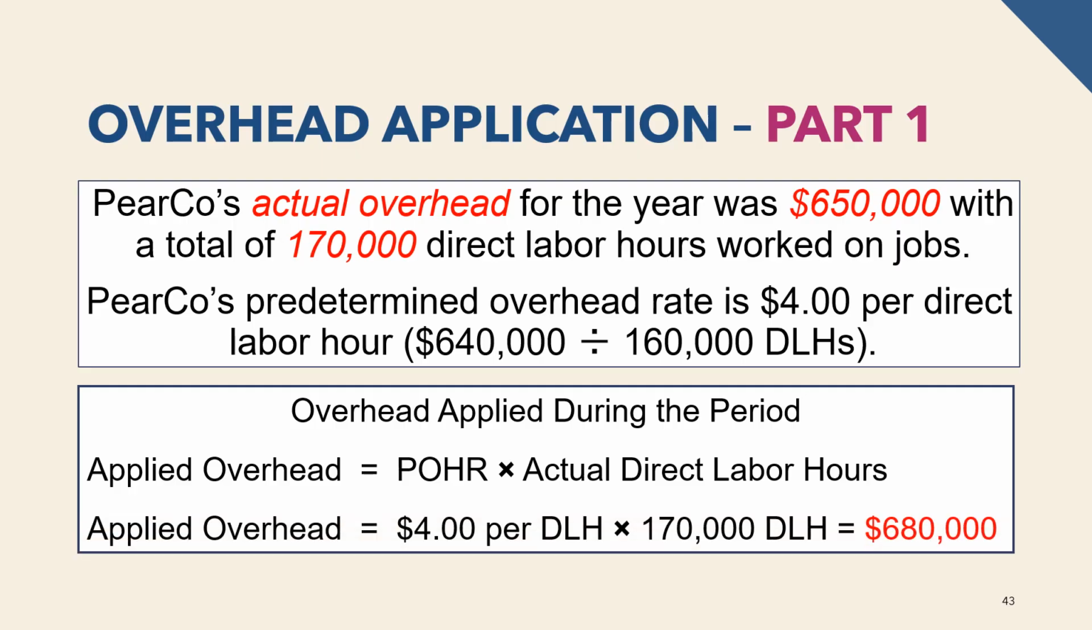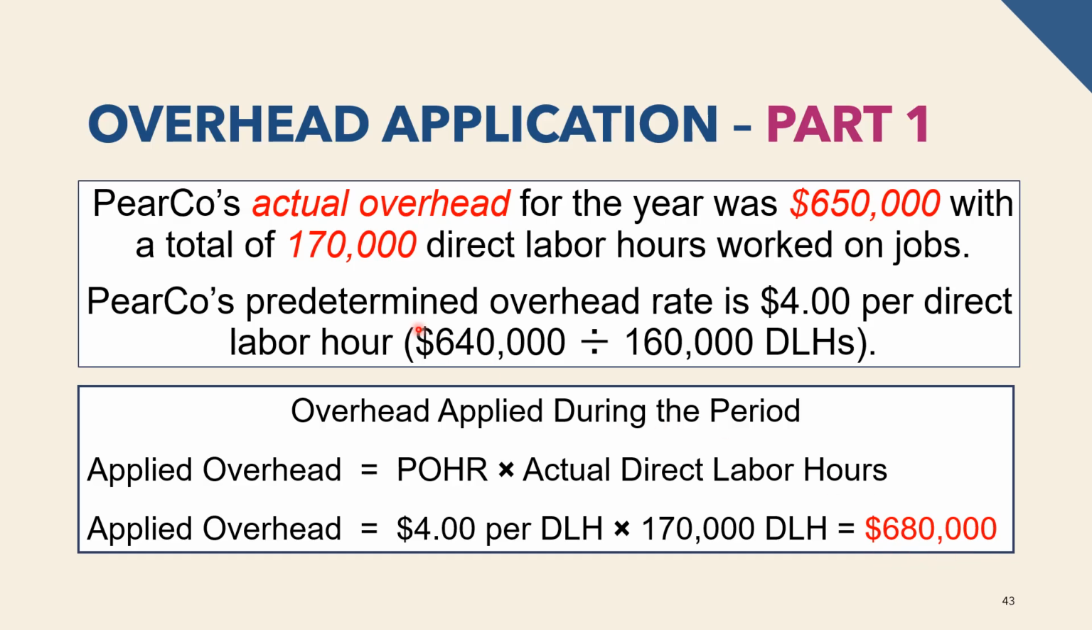Let's see the overhead application. Peer company's actual overhead for the year was $650,000, with a total of 170,000 direct labor hours worked on the jobs. Peer company's predetermined overhead rate is $4 per direct labor hour, which is calculated as $640,000 divided by 160,000 direct labor hours. The overhead applied during the period will be equal to $4 per direct labor hour times 170,000 direct labor hours, which is